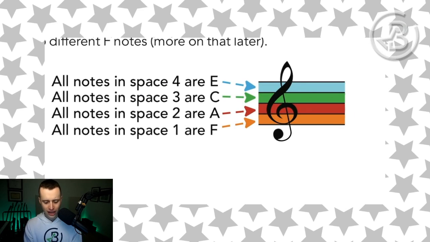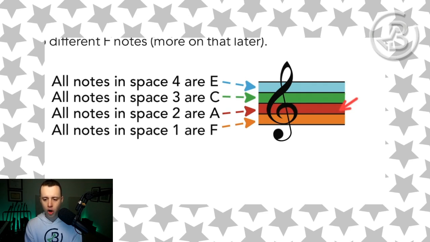So whenever we have a note head in space 1, and again, that can be a whole note, that can be a half note. It could also be a quarter note. It does not matter what type of note. Just as long as the note head is in space 1, always, always, always, it is going to be called an F note. Whenever the note heads are in space 2,